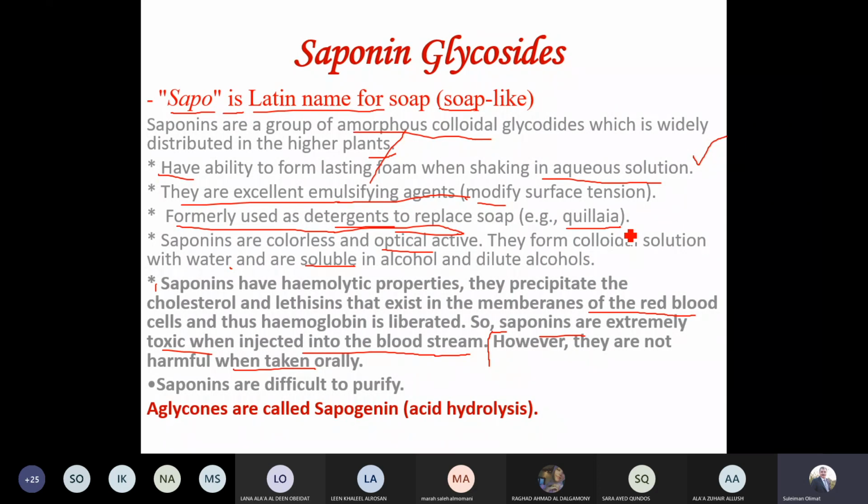So what we hear here is that for warm-blooded animals like us, we really don't have any problems. For cold-blooded animals like fish, it is very toxic, extremely poisonous. Also